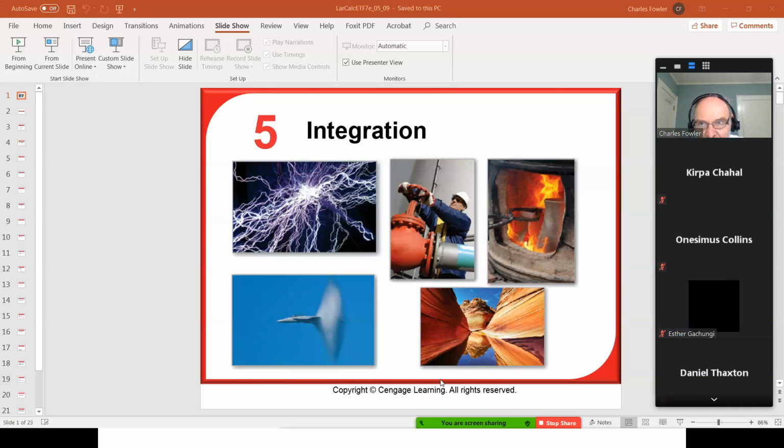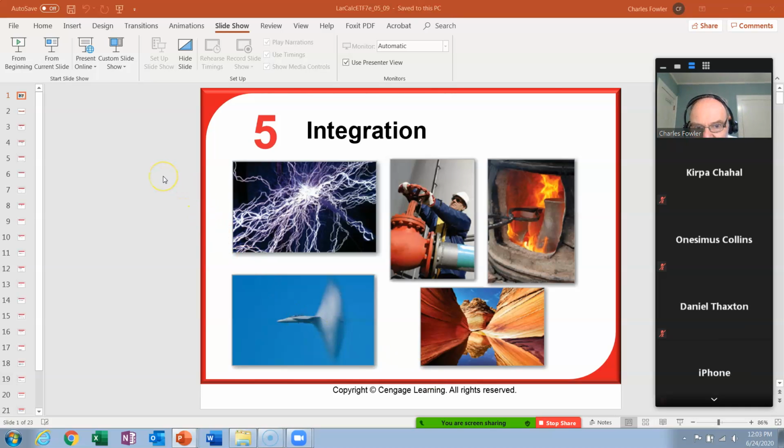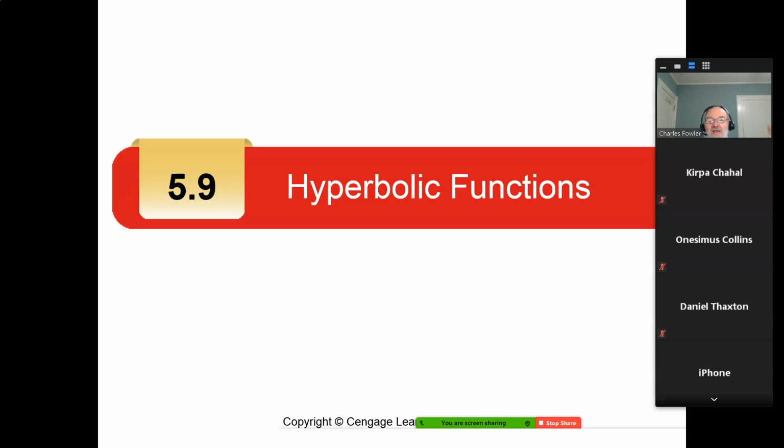We're now just going to look at 5.9, and it's just going to be a slideshow. In case you ever need this, you'll have been exposed to it, and you'll basically know where to go to look it up, okay? 5.9 is dealing with hyperbolic functions, which have never been my favorite. And I remember doing them in calculus, probably 2 in college, and except for when I've taught this again, I don't think I've ever used them in any application whatsoever. Okay, that's not saying there aren't applications that would use them, that you could deal with them, but as we'll see,